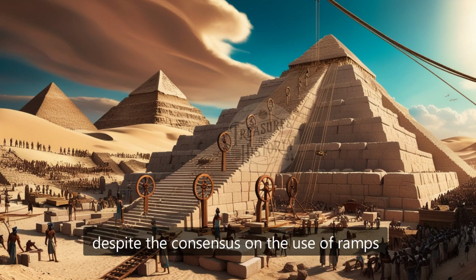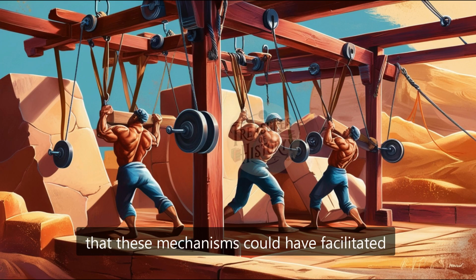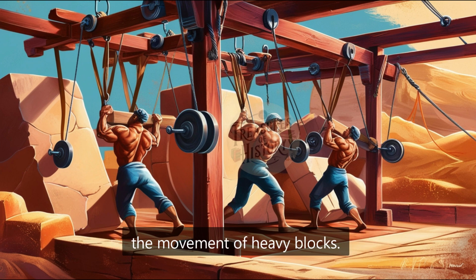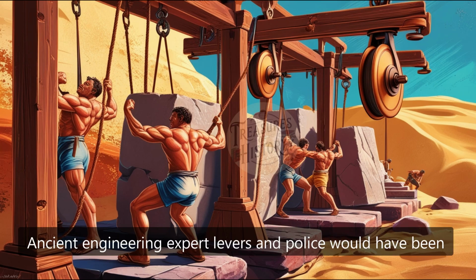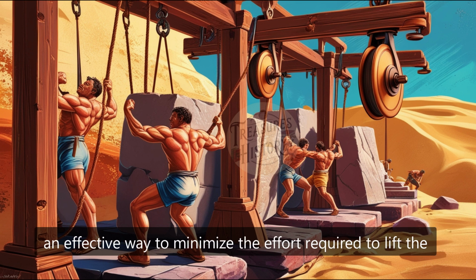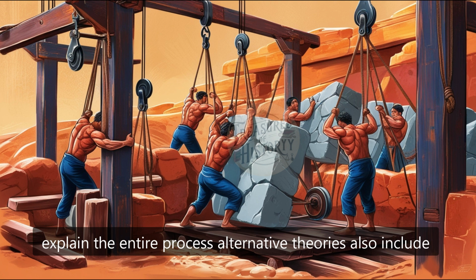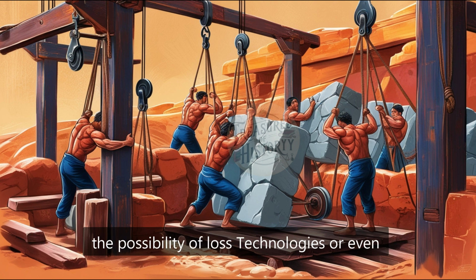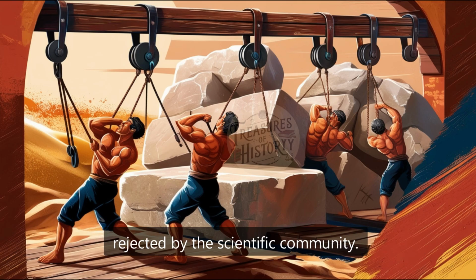Despite the consensus on the use of ramps, other theories also gain prominence. The theory of levers and pulleys suggests that these mechanisms could have facilitated the movement of heavy blocks. Ancient engineering expert: levers and pulleys would have been an effective way to minimize the effort required to lift the blocks, although this still does not completely explain the entire process. Alternative theories also include the possibility of lost technologies or even extraterrestrial intervention, although these are widely rejected by the